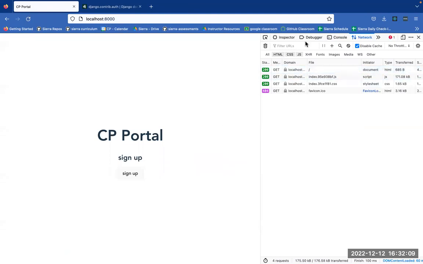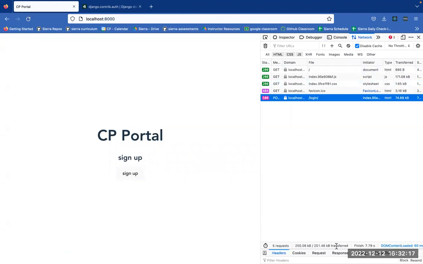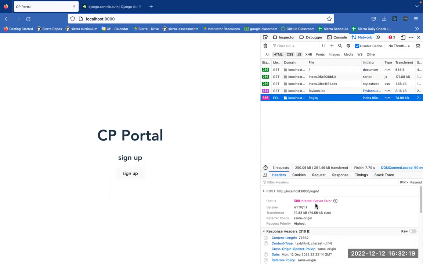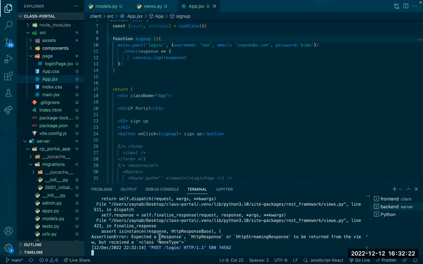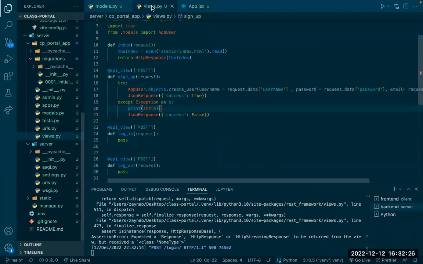So we have our basic request. I'm going to sign up. Got a 500, which is an internal server error usually. So let's look back at our server. Expected an HTTP response for